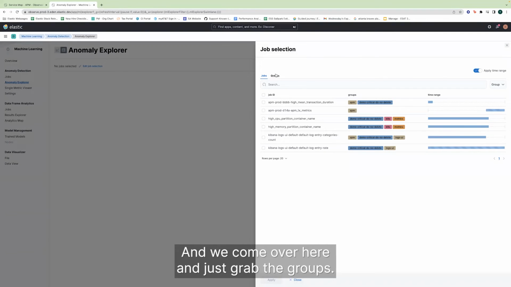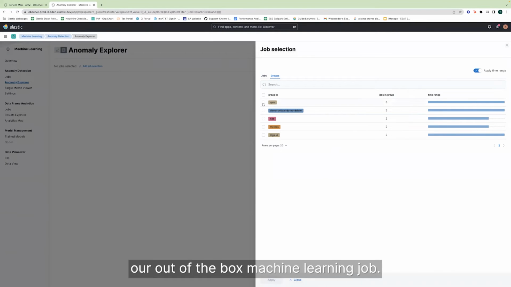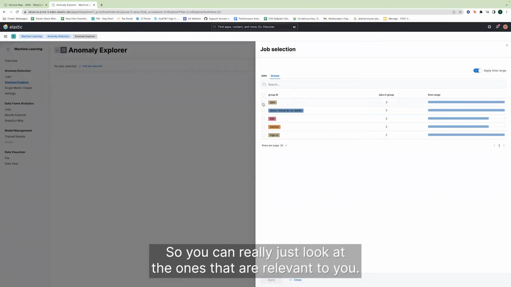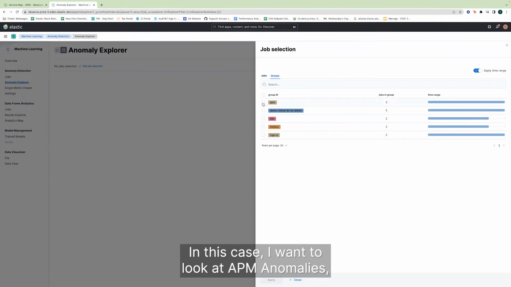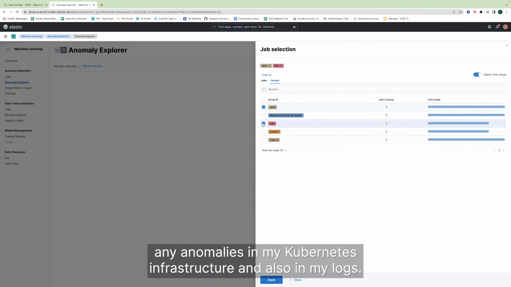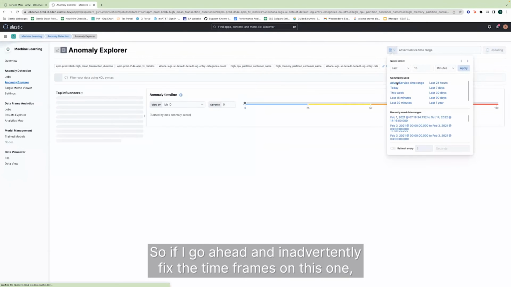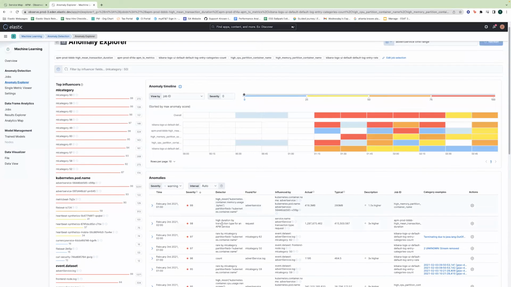And we come over here and just grab the groups. So what's really nice is we can go ahead and group our out-of-the-box machine learning jobs, so you can really just look at the ones that are relevant to you. In this case, I want to look at the APM anomalies, any anomalies in my Kubernetes infrastructure, and also in my logs. So if I go ahead and fix the time range on this one, we can see